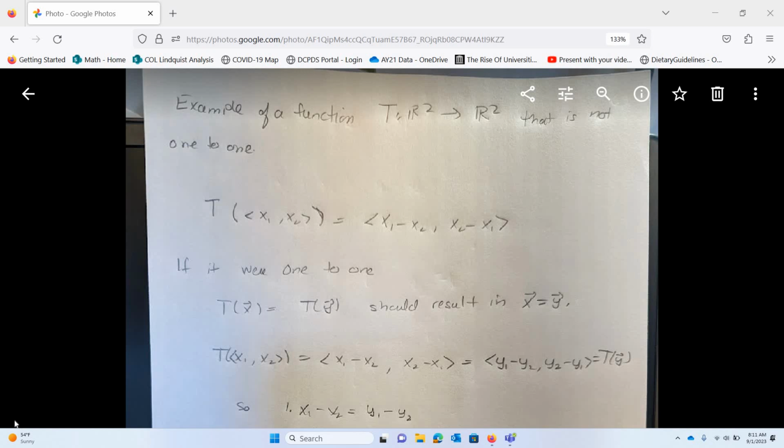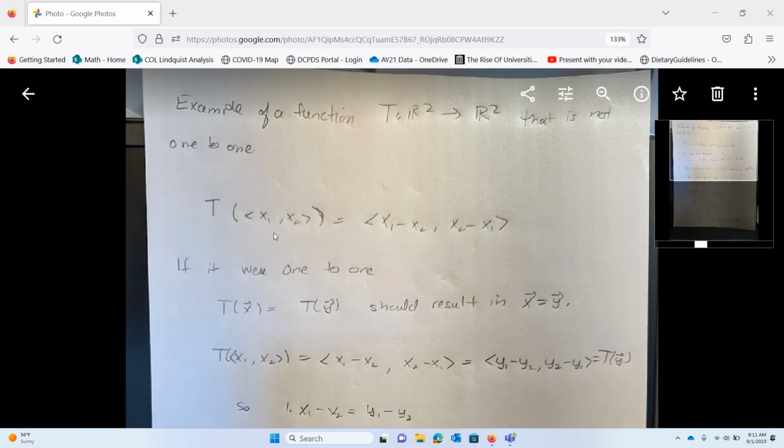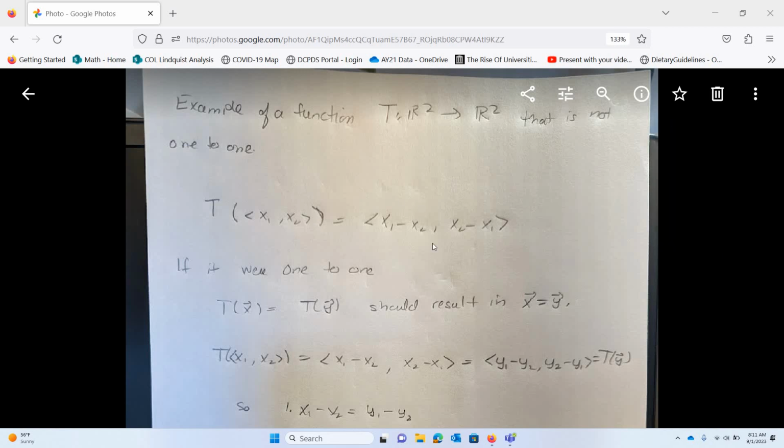All right, I didn't get time in class to show you an example of a function that isn't one-to-one, and I gave you a homework problem where you're supposed to develop an example for a function that's not one-to-one. This one goes from R2 to R2, and it's not going to be one-to-one. So again, like the other example I did in class, T of x1 comma x2, the vector, is equal to